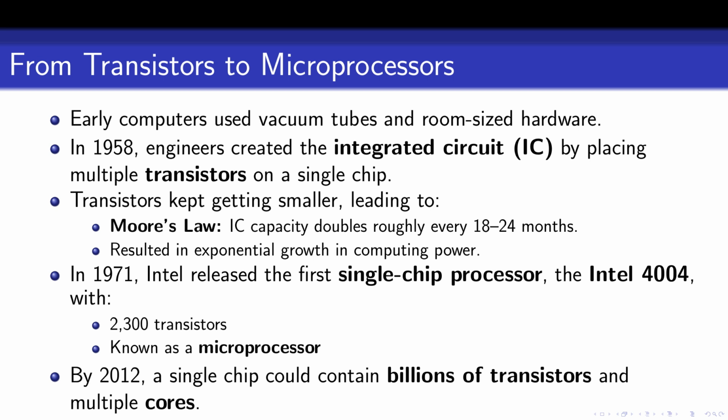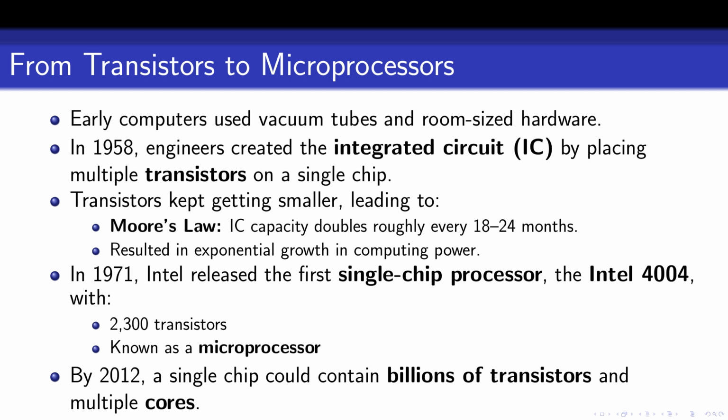In 1958, multiple transistors were placed on a single chip, called an integrated circuit, or IC. As engineers continued to shrink transistors, they discovered that they could double the number of components on a chip roughly every 2 years. This trend became known as Moore's Law. Although the timing hasn't always been exact, the general principle has held true for decades and has driven massive leaps